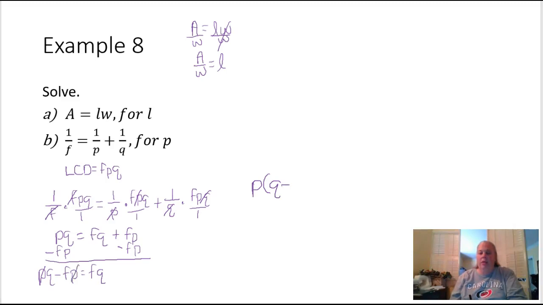And when I take the P away from there, I'm left with the F, and the other side is not affected. And now if I want to solve for P, all I need to do is divide by the parentheses there,